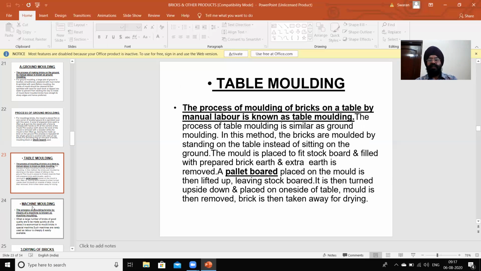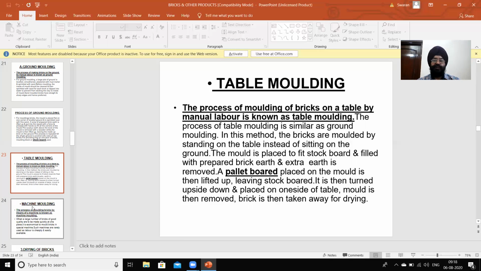In this method, the bricks are molded by standing at the table instead of sitting on the ground. The mold is placed to fit the stock board and filled with prepared brick earth, and extra earth is removed.